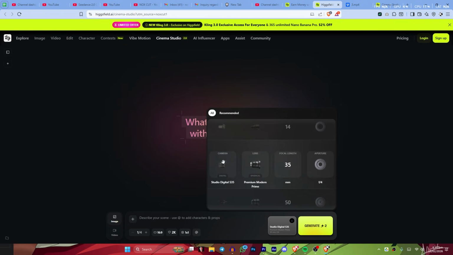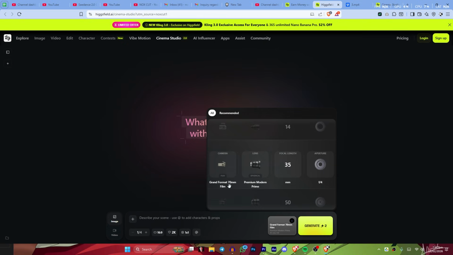So just click on here, and as you can see there are a lot of cameras. Let me show you one by one. Studio Digital, Grand Format 70mm film, this one is also a good one, and Full Frame Cine Digital, this is also a good camera, and Modular 8K Digital. And there are also a lot of cameras, you can use any of them, whichever you like. So for this particular moment, I'm going with the Grand Format 70mm film.